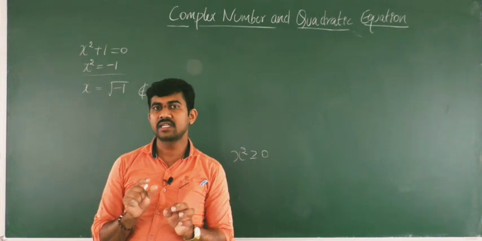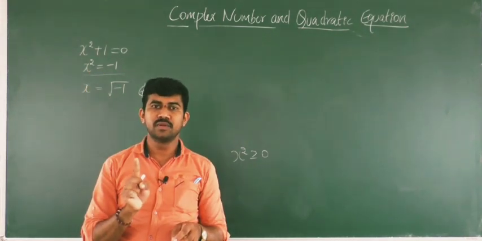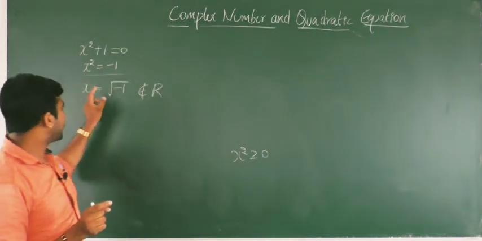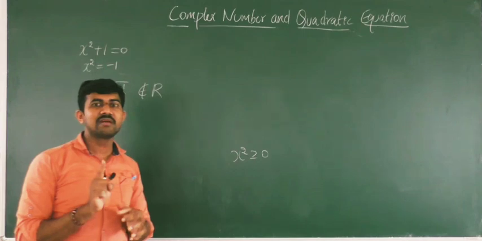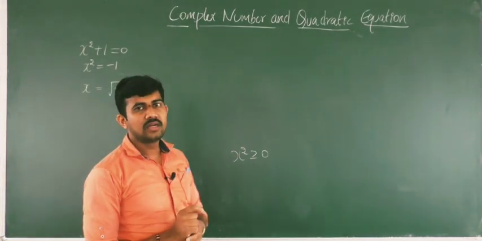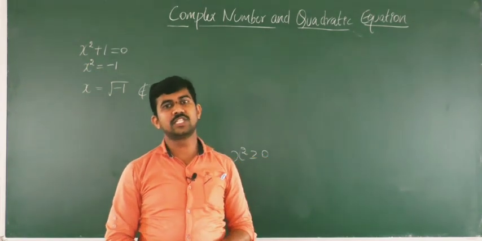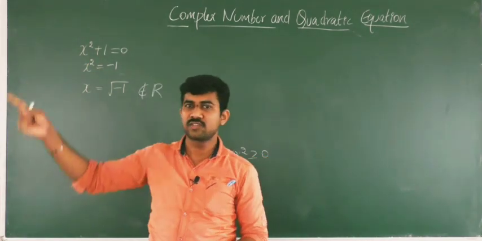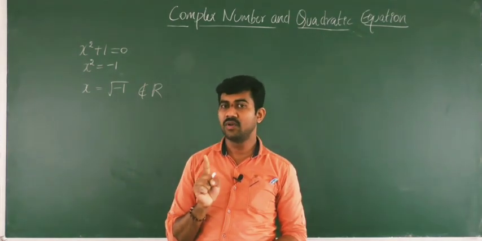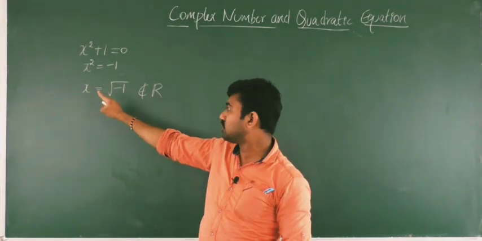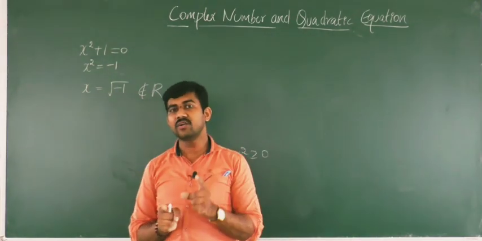It means that the square of that number is always positive. In this case, the square of that number is negative, so clearly this number is not a real number. So now how do we find the solution of this equation? Is there no solution of this quadratic equation? Yes, there is a solution. But we will not get the solution of this equation in real numbers, so we are going to